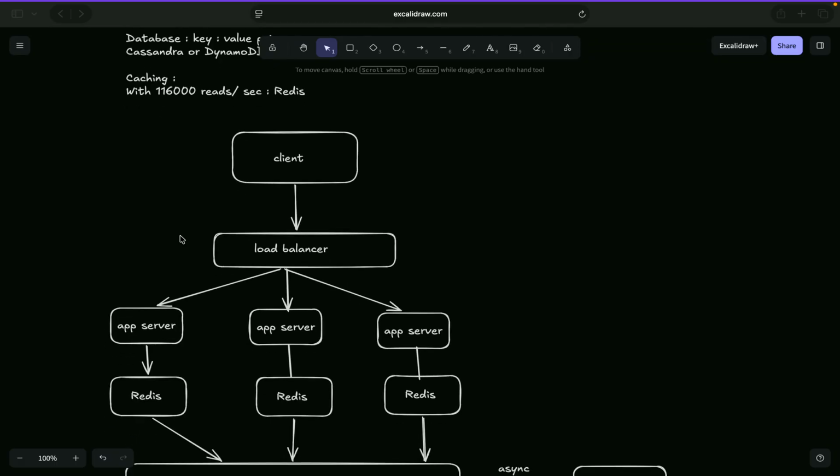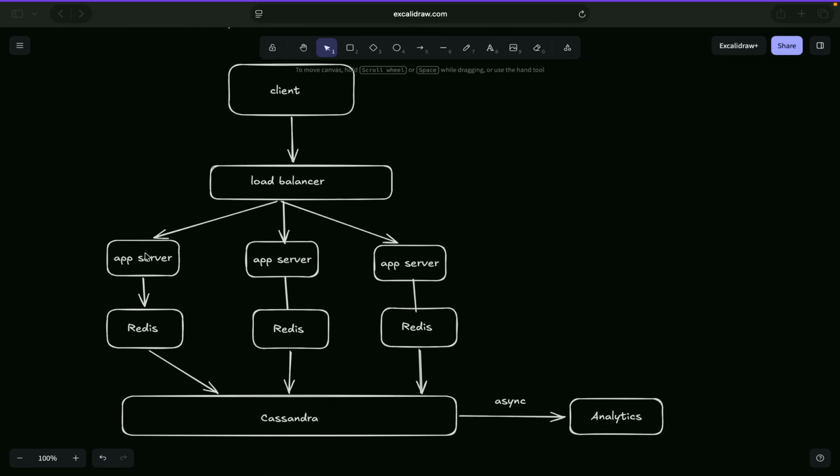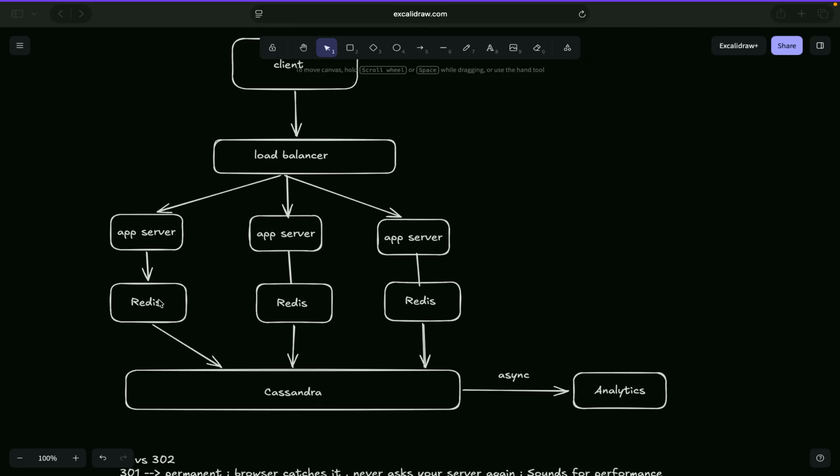So basically, if we look at, you have a client, you have a load balancer, then you have different app servers, then you can chime in some Redis here, right? And then you have a Cassandra, which is your database. You can ask interviewer if they want analytics, but you can have an async process sending it to analytics. You can have a Kafka to